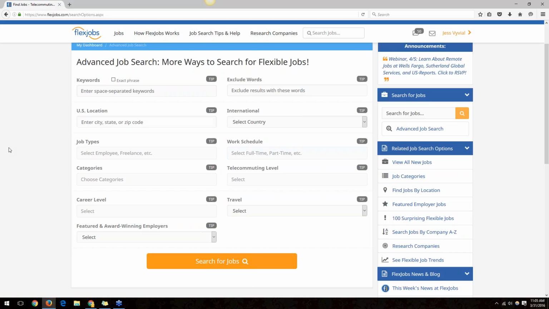Now we'll talk about the first field on here, which is the keywords field. With the keywords, this can make your search really specific if you know you want to work in a certain position or use a certain skill. Again, using this is completely optional. We'll start with an example. Let's have Jeff enter analyst as a keyword. And then if you do the search,